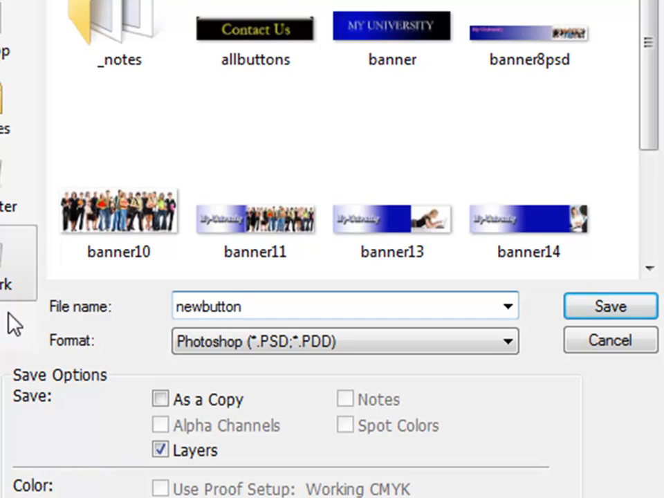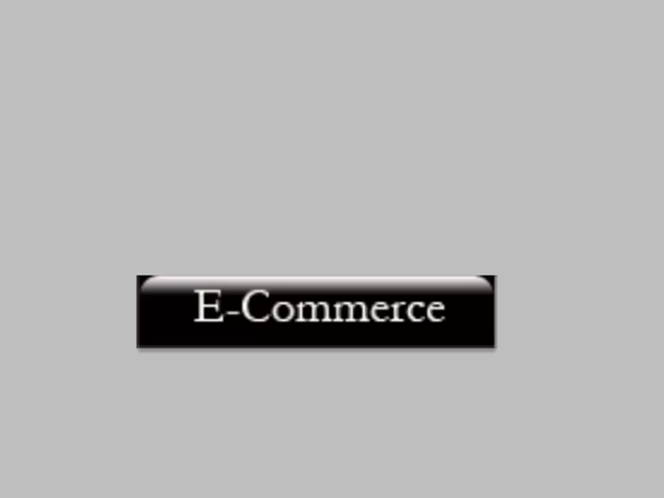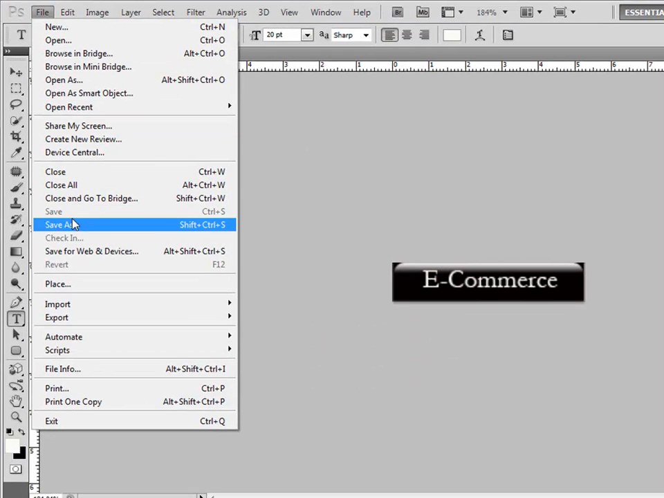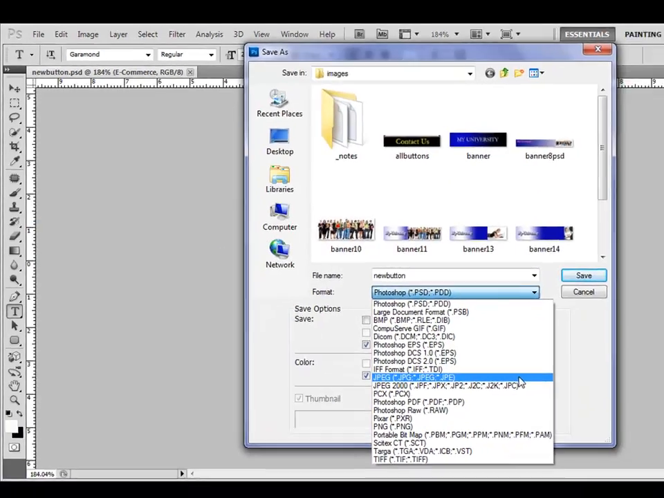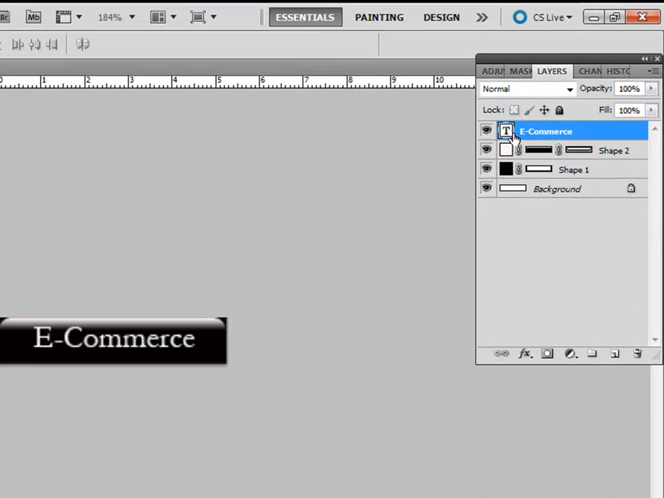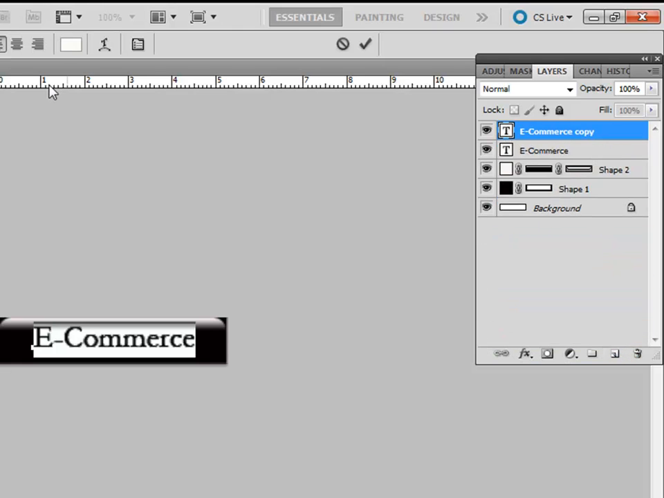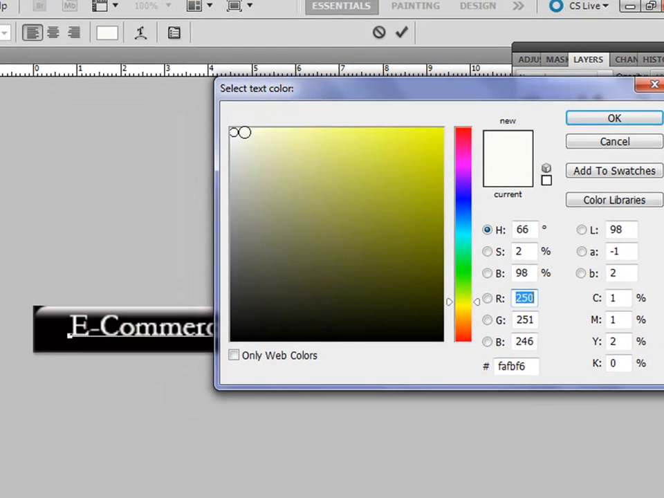button, and I'll save it as a PSD document, so if we have to come back and change something, we can change it. And I'll also save it as a JPEG image. I'll duplicate this layer and I'll select the text and I'll change the color, and I'll say